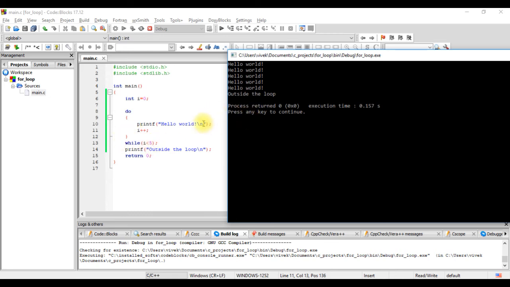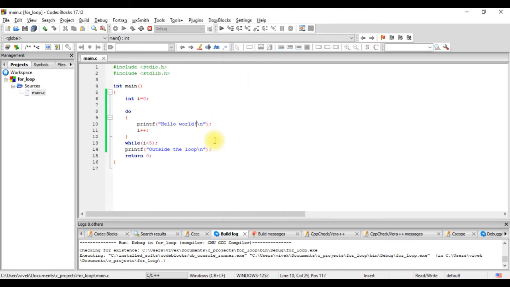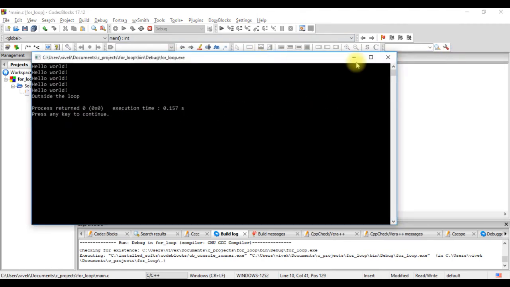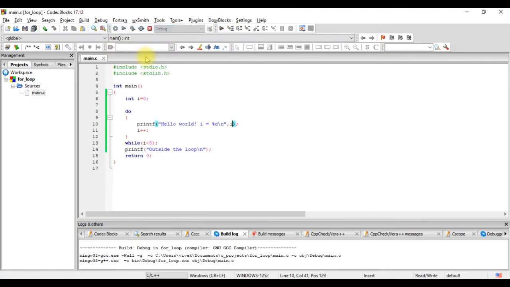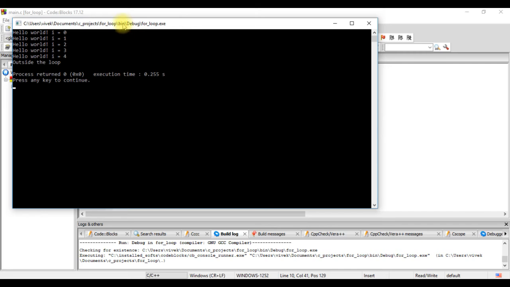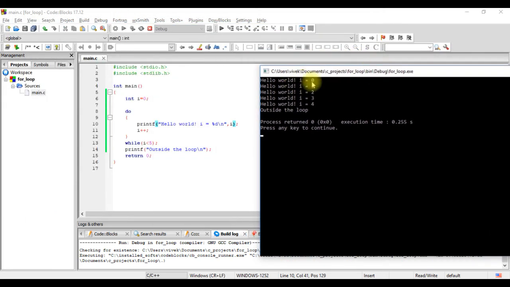So to see the value of I, let's print the statements here. Let's print the values of I here. I equals to %d, I. We'll close this and we'll build it again and run it. So the first value of I is 0, that is this. When the value of I is 4, this is executed.